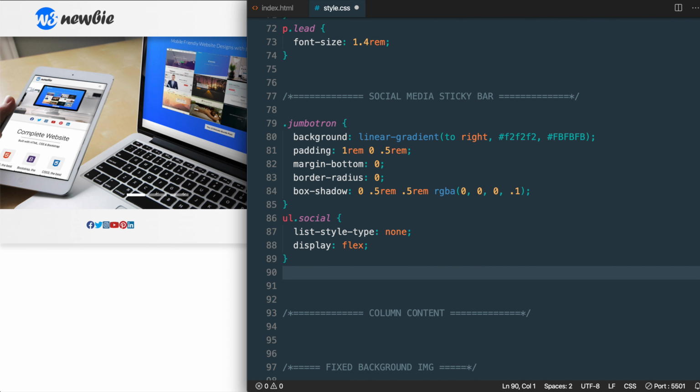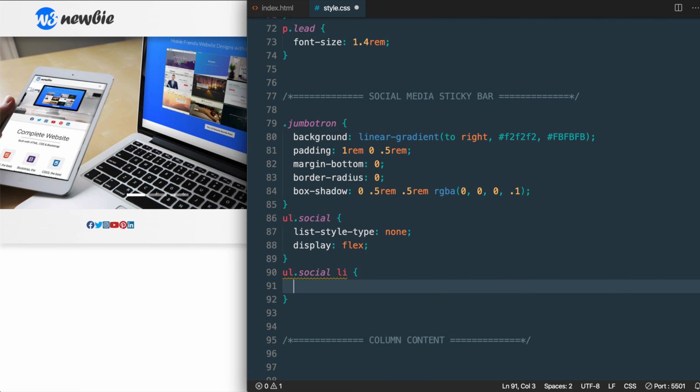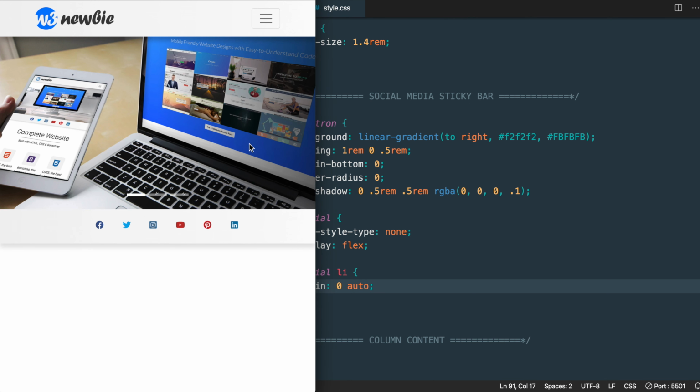To do that, let's reference the ul.social class again, and we're also going to add the list item to the end of it. So ul.social li, and we'll center the list items by adding margin 0 auto. So now if we save it, we'll see that they're taking up the column width,